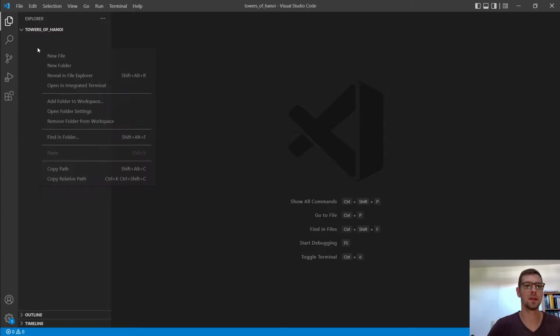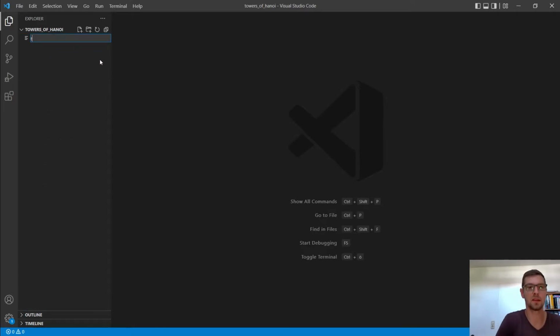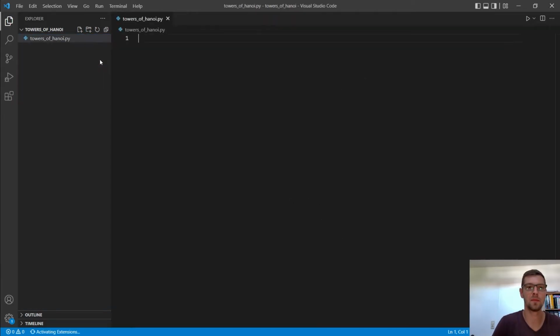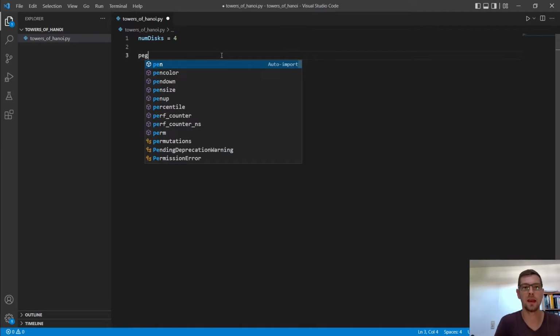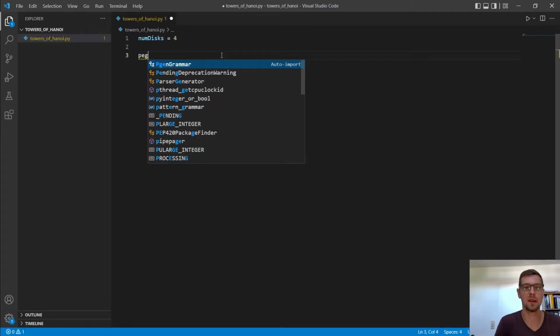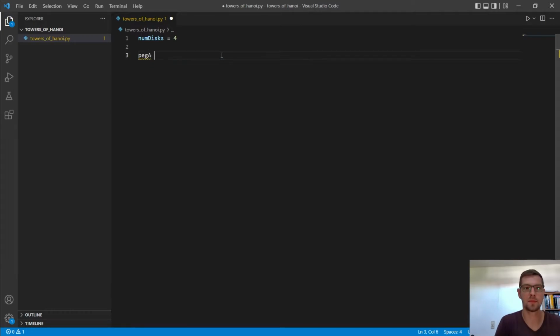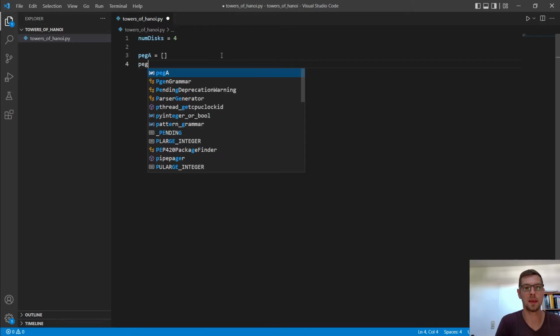For that I create a new file here and I call that Towers of Hanoi.python. And let's implement at first our pegs. For that I need a number of disks, I call that num disks, and initially we have our 4 here as in our example. And then we have our 3 pegs. So we have here peg A, and let me initialize that as an empty list for now, peg B,